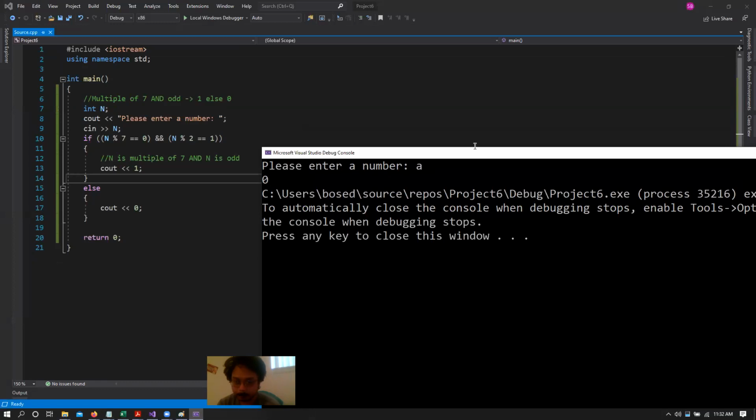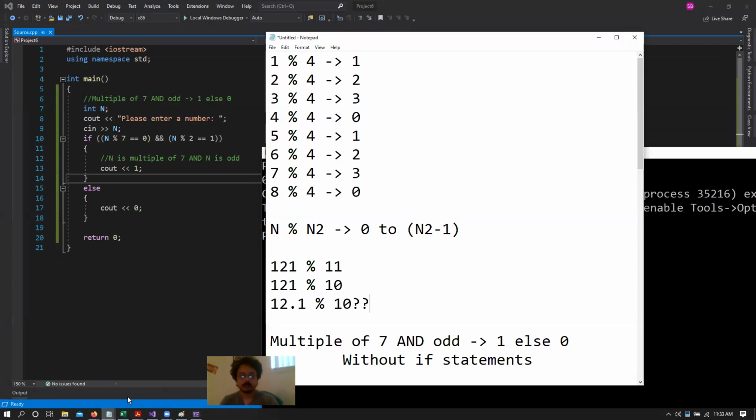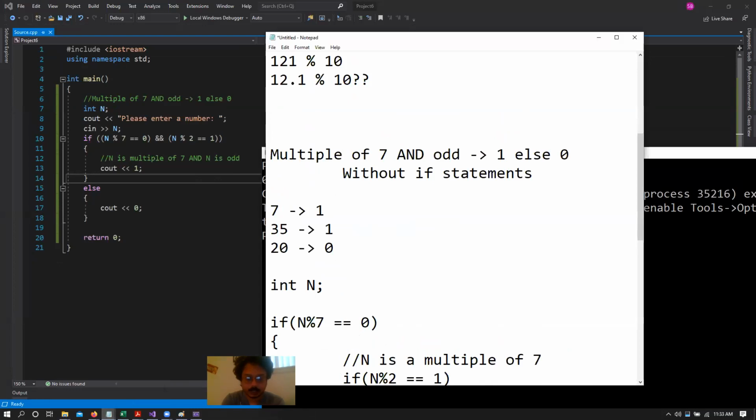It gives a 0. Okay, so remember when we talked about how if we typed in int x equals 8.2, it truncates the remainder part of 0.2 and just assigns x with the value of 8, right?